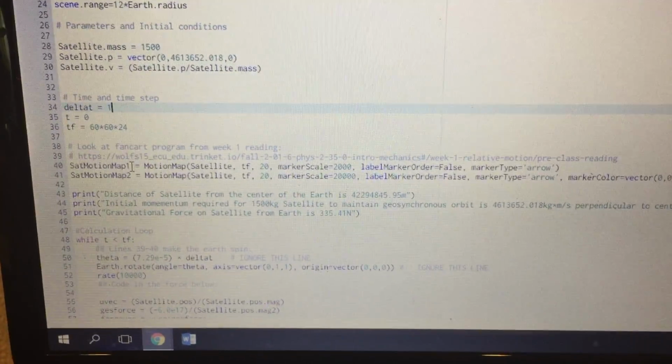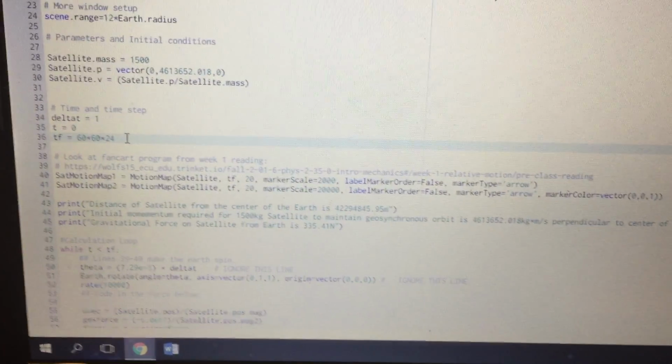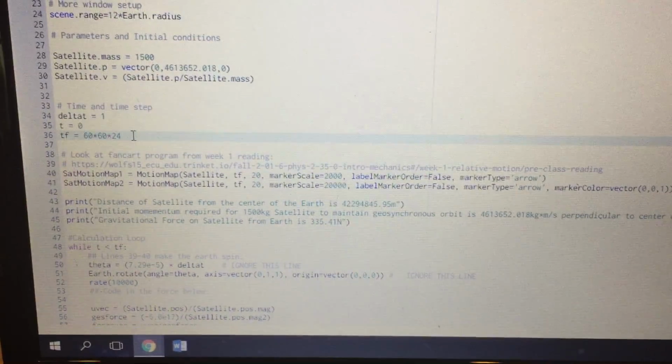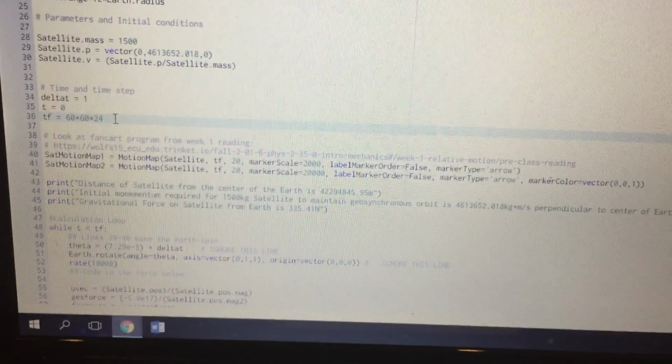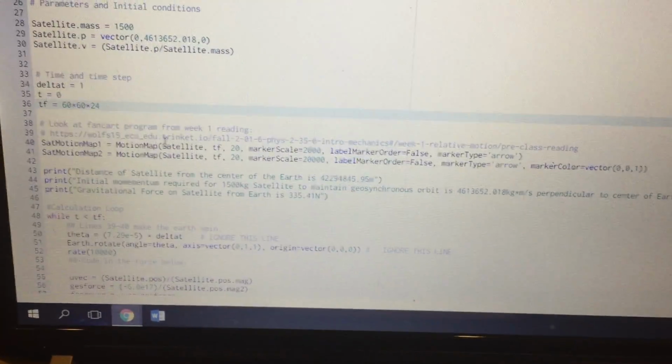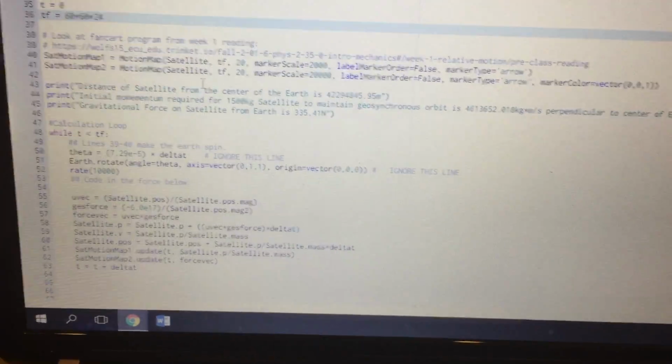So this time will give us one orbit, one full rotation about the Earth. And when we run it,